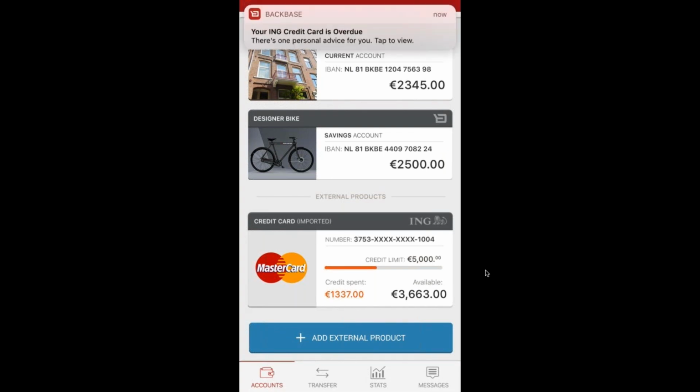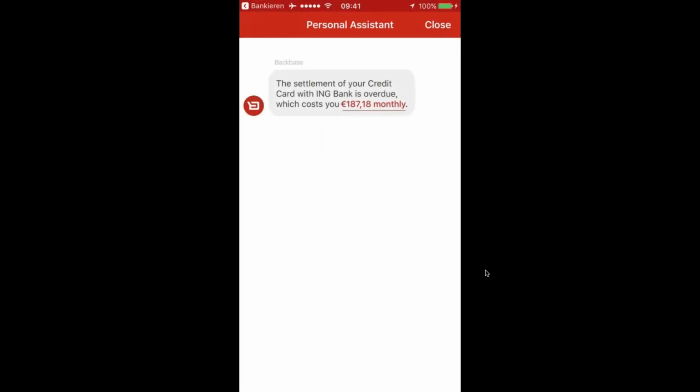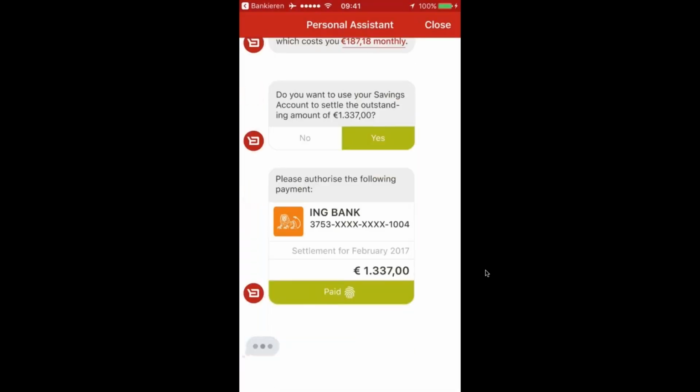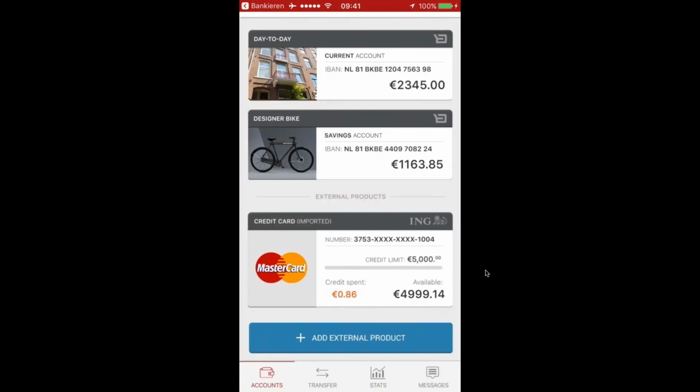As a typical advice that a real person would give you as well, there's a notification on the top. I'm hoping it shows up here. Yeah, there you go. So indeed, my ING credit card is overdue. And what you see here is, hey, there's a set of costs related to it. Would you like to settle the amount with the amount that you still have in your savings account? Seems very relevant. We pre-fill it with a payment widget that's already set up to satisfy this debt-free position. And we're now debt-free. Very simple example of how the aggregation bleeds into a personal advice, bleeds into action.